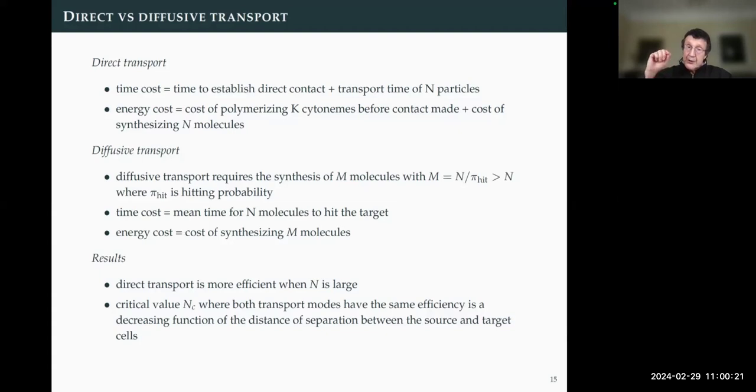So I think there's a lot of interesting stuff to do on this side, because there are clearly two very distinct mechanisms of setting up morphogenesis and cell signaling: diffusion-based and direct contact-based. And these are just preliminary studies suggesting there's a lot of interesting things still to understand about the relative efficiencies of the two and why sometimes one is better than the other. So that's all I'll say about that.